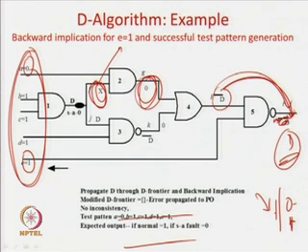So, you can stop your D algorithm at this point because this fault effect has reached the primary output. Whatever input values you have, whenever you get the value propagated at the primary output, that is your test pattern. But now, had it been the case that there is another inconsistency,